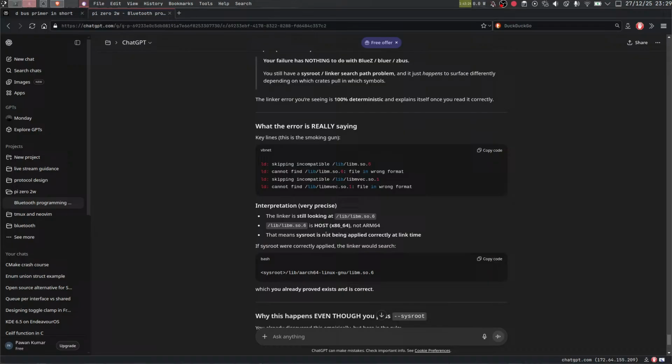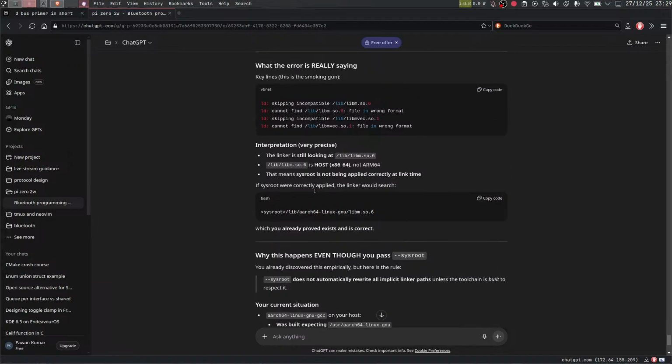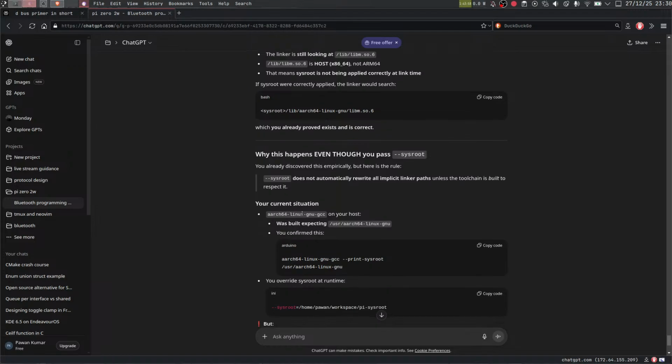I know this is host, it's not ARM. That means the sysroot is not being applied correctly at link time. You already discovered this empirically, but here is the rule: it does not automatically rewrite all implicit linker paths unless the toolchain is built to respect it. Your current situation: GCC on your host was built expecting